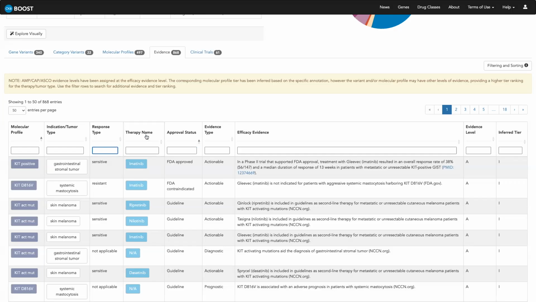For the therapy name, as I mentioned earlier, sort of acts as a container similar to molecular profile. So if it's a single drug, you would include that. But if it's also a combination of drugs for the therapy, you would include all of them. Jumping back